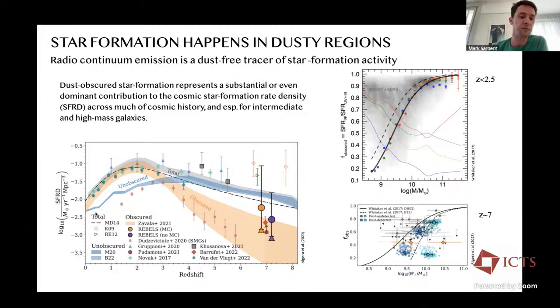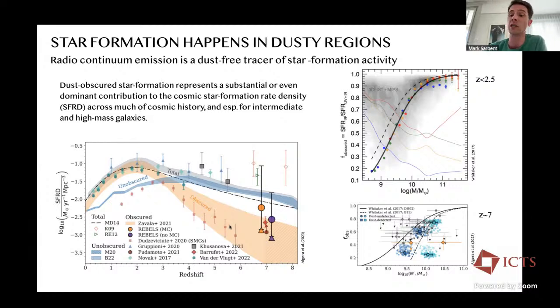And you see the orange curve, the obscured star formation rate density dominates the unobscured component over a substantial fraction of cosmic time. And even at the very highest redshifts, it still has a role to play,